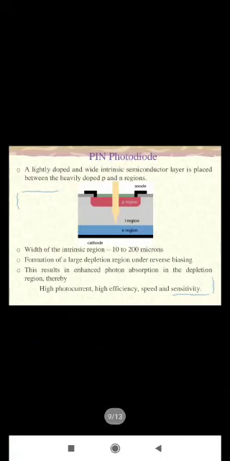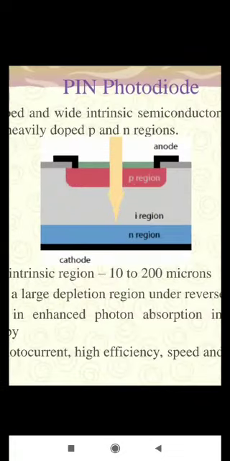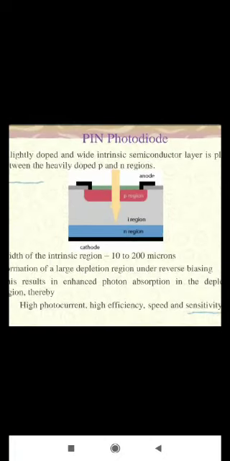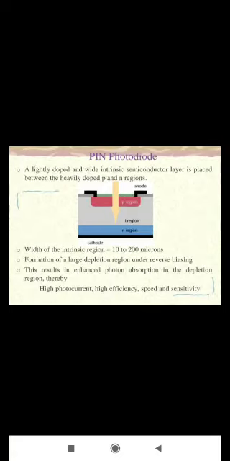The second type of photodiode is the PIN photodiode. The PIN photodiode is similar to the PN photodiode, but here a very lightly doped and wide intrinsic semiconductor layer is placed between the heavily doped P and N regions. As you can see here, there is an intrinsic region between the P and N type regions. The width of this intrinsic region normally ranges from 10 to 200 microns. When a reverse biasing is applied across the terminals of this device, the depletion region extends throughout the intrinsic region, and as a result of that, there exists a large depletion region,